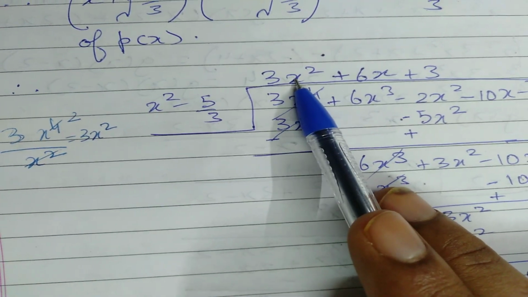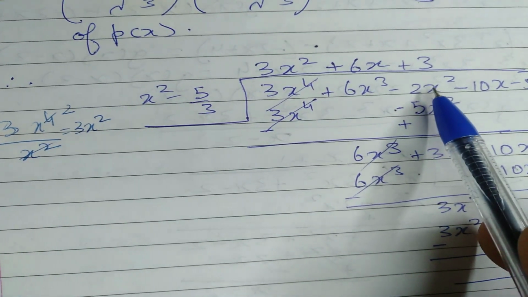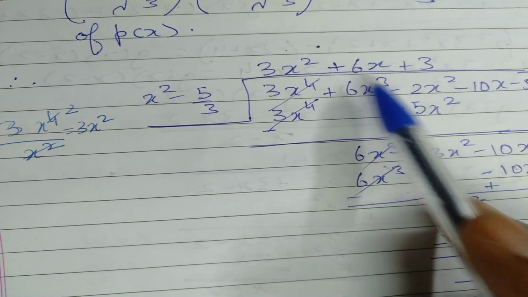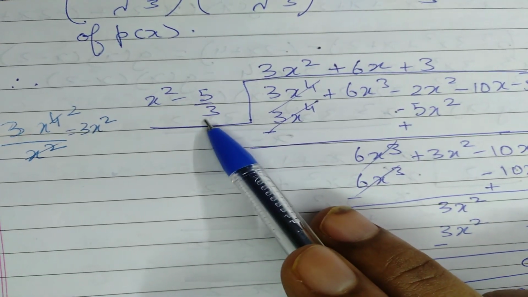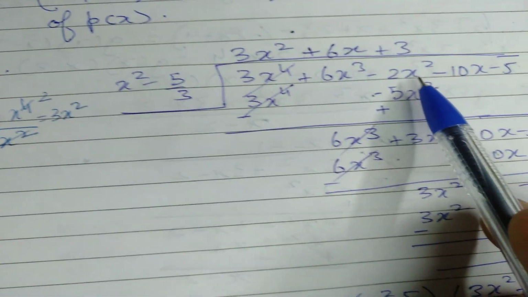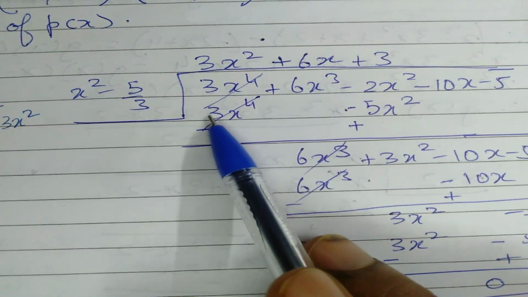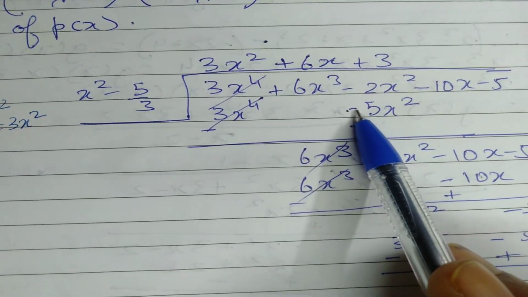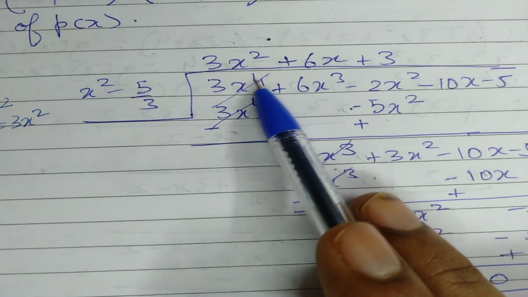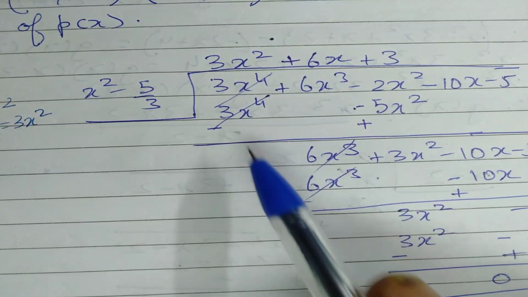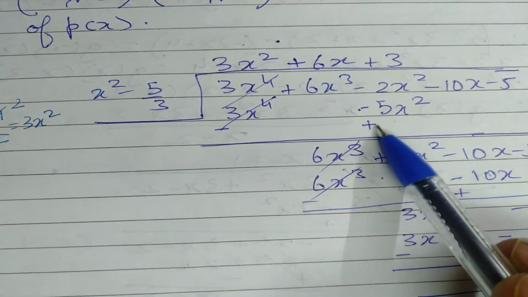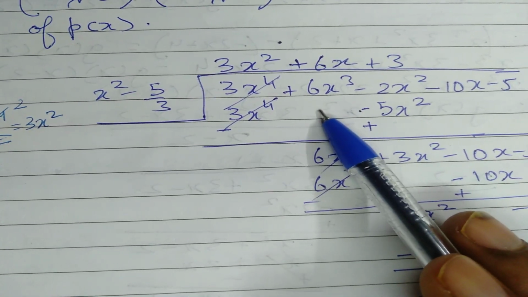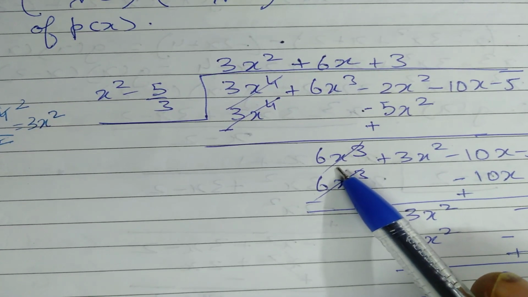Now this will be an x square term, so you write it below the x square term and not below x cube. So 3x square into minus 5 by 3 will give you minus 5x square, which you will write below x square. Now since you subtract, you change the sign. So what was positive becomes negative, and what was negative becomes positive. So 3x raised to 4 and 3x raised to 4 get cancelled. It becomes 0, and here it is 5 minus 2, which becomes 3. And since there is nothing below 6x cube, we will write that as it is down here.